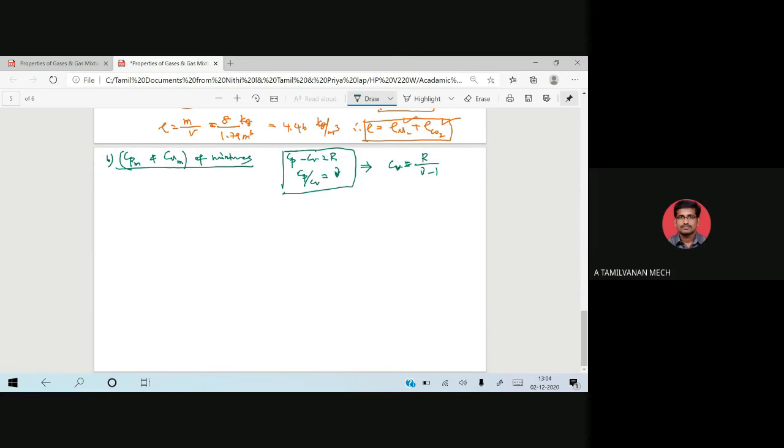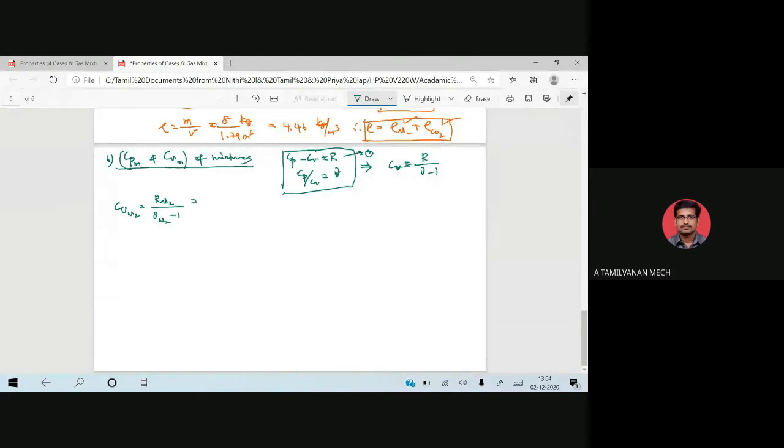How can we derive the equation? Consider equation 1 and divide it by Cv. We get gamma minus 1 is equal to R divided by Cv. From the relation, we get Cv is equal to R divided by gamma minus 1. Again, I am repeating, R was determined from the problem, and gamma was given in the problem. So from gamma and R, we find the Cv. First we find the Cv of N2, which is equal to R of N2 divided by gamma of N2 minus 1.